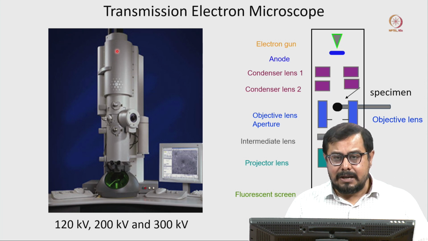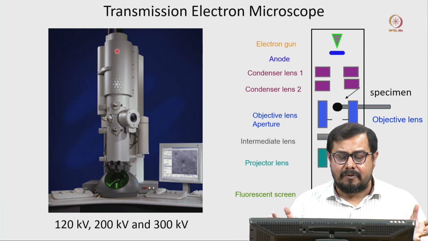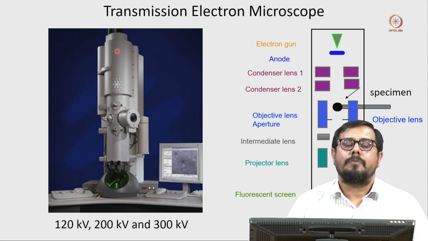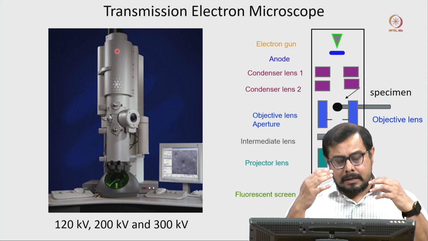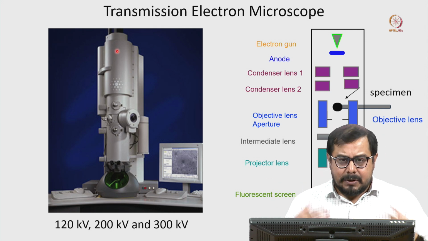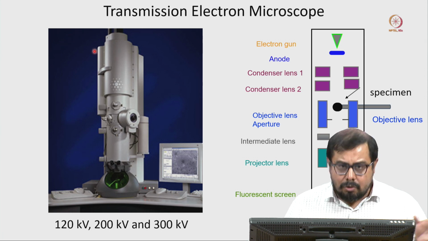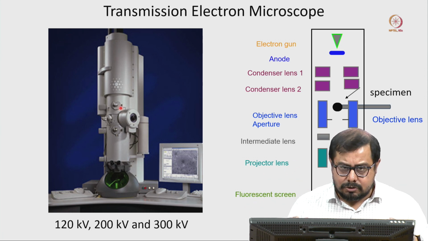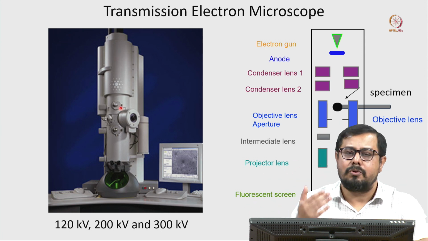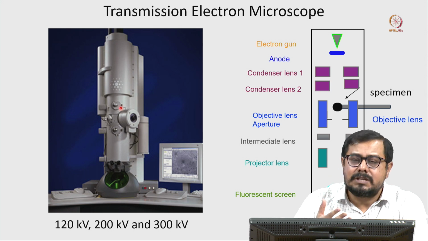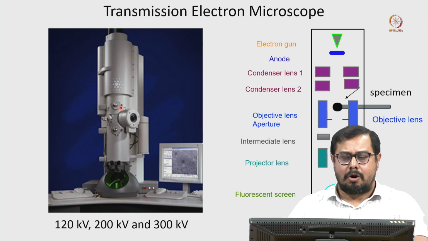So, if we try to generate that kind of high heat in an open form, that filament will be damaged, our lens will be damaged and the aperture will be contaminated. There are so many other parts also. I am not going to discuss this now. When we discuss the vacuum system of the electron microscope, at that time we will talk about that.